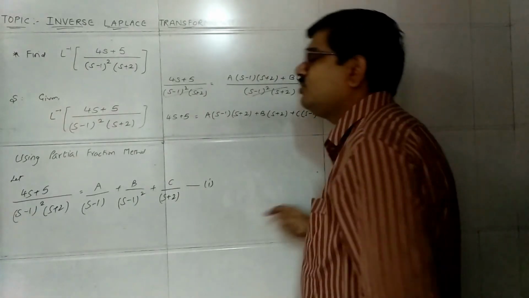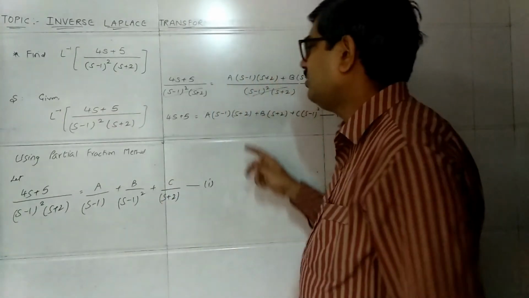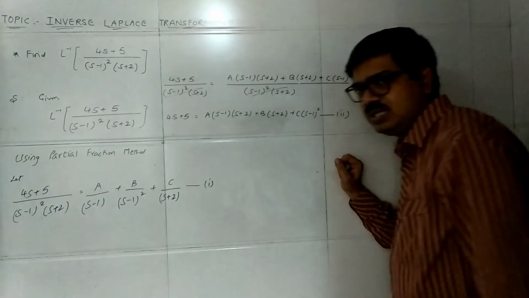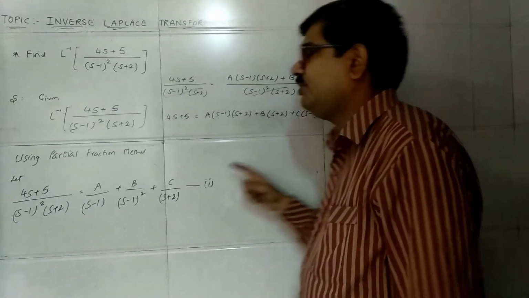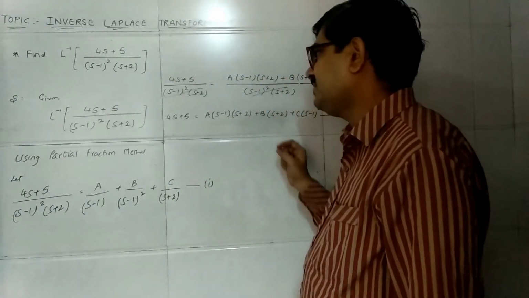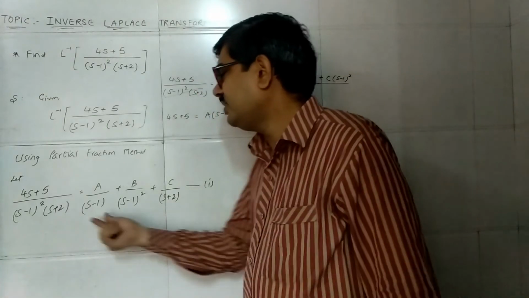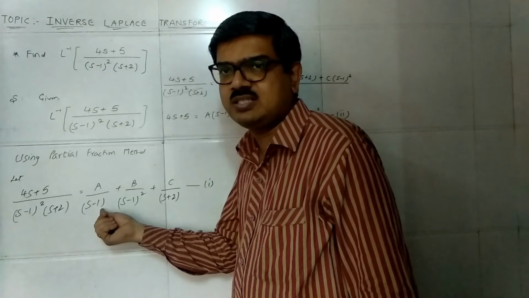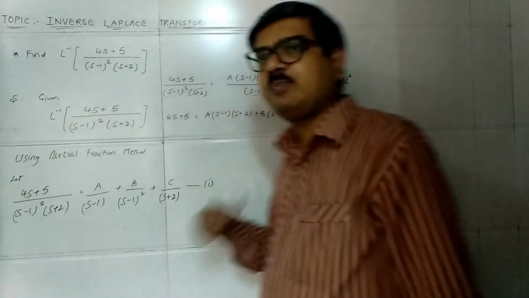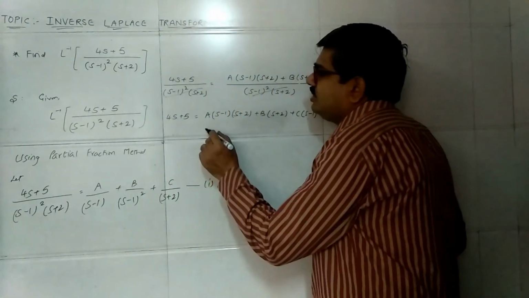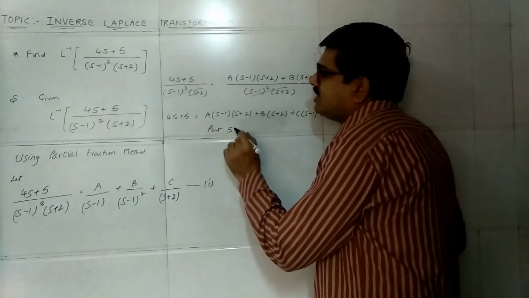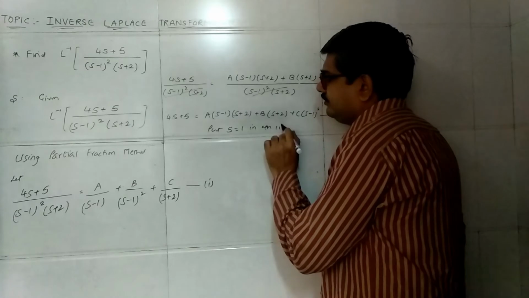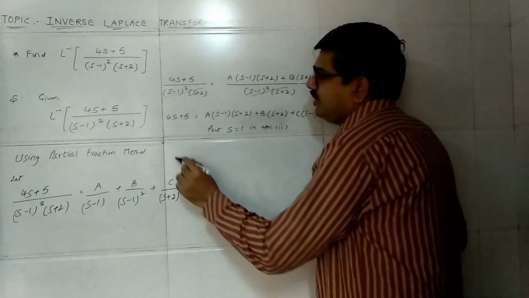Now to find the values of a, b and c, what we will do, we will put one by one values of s in equation number 2 and try to find a, b, c. Okay, so s values we will get from here only. What is there in the first fraction in the denominator? S minus 1 is there along with s. You have to take the opposite sign, that is plus 1. So put s is equal to 1 in equation 2. So wherever s is there, put s is equal to 1.